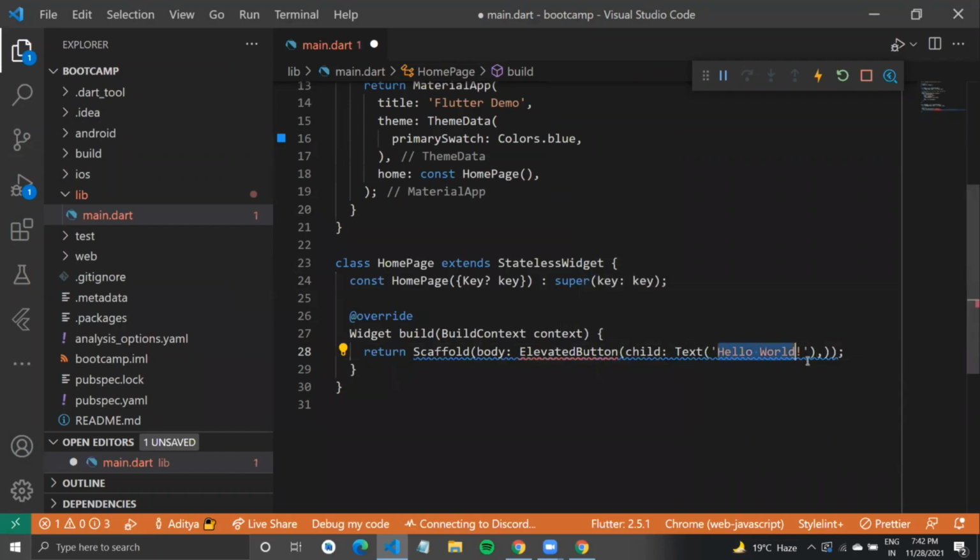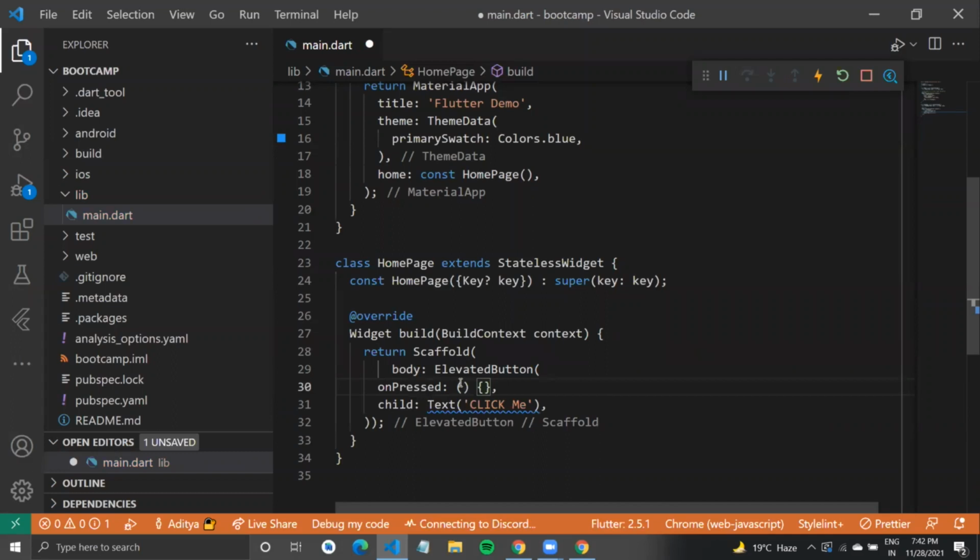I will edit this text to say something like click me. All right. And we're getting this red line under it because with buttons, we also have to define something called onPressed. OnPressed just tells Flutter what to do when this button is pressed, and we'll just keep it an empty function for now. These are the parameters and these are the statements, and we have kept it empty for now.